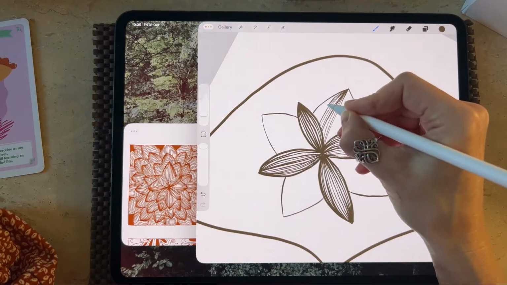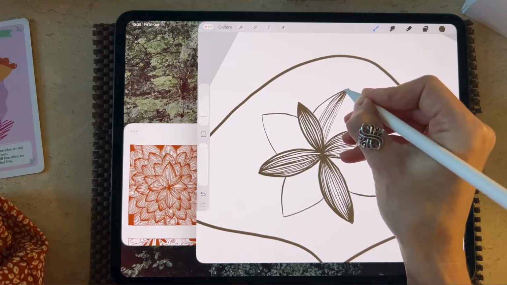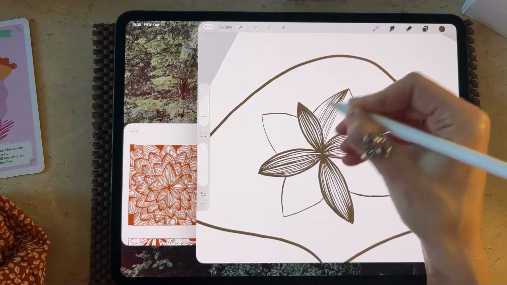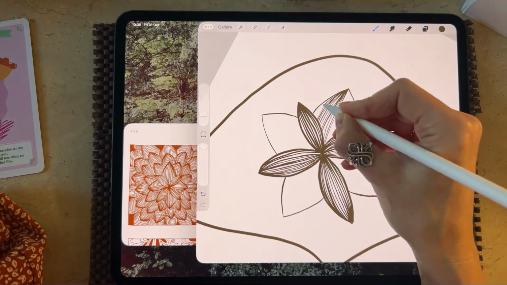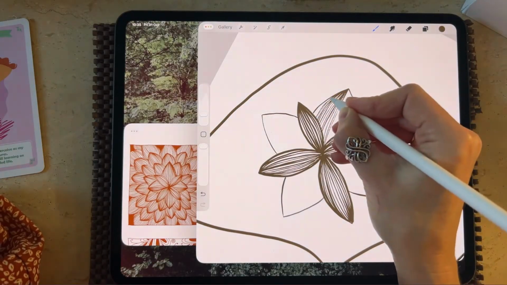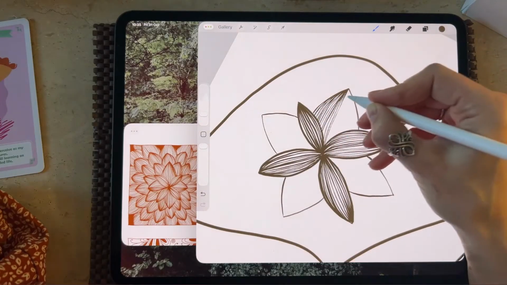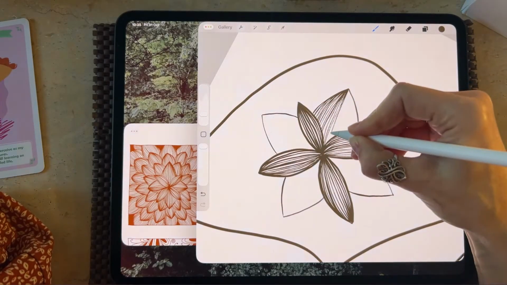Soothing. I'm grateful for the soothing effect of doodling. Helping to regulate our body, our nervous system.